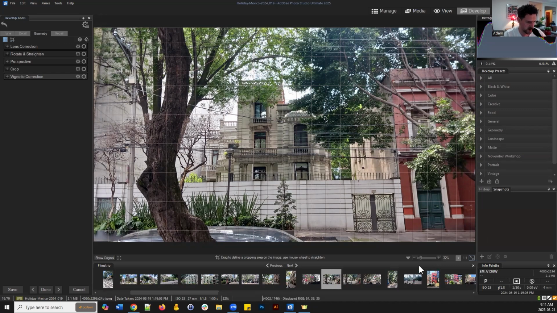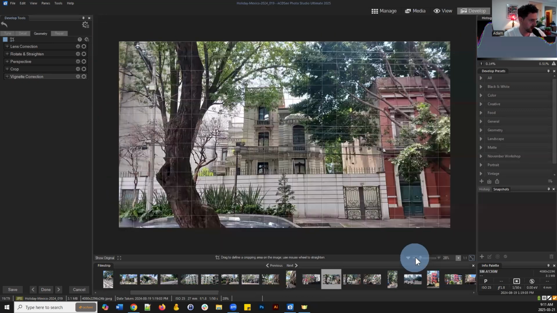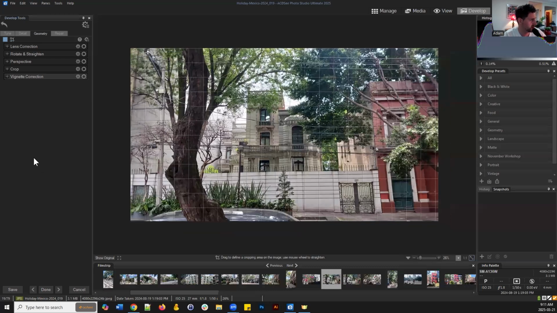So I'm going to zoom out actually. So here's my image. This is one that I took when I was in Mexico. It's not straight. You can actually see that it's not straight based on this line orientation or this grid that appears here. So it's taken in such a way that it looks like it has a pretty egregious difference here